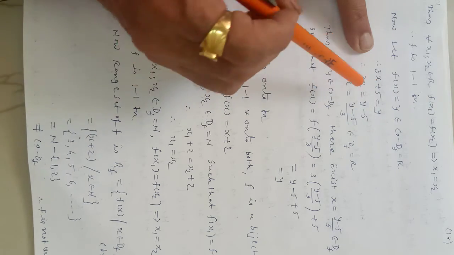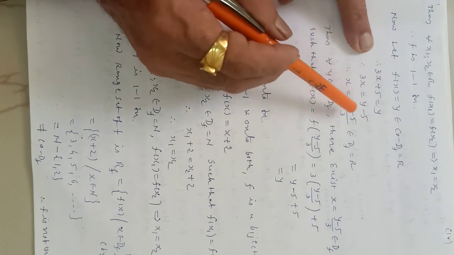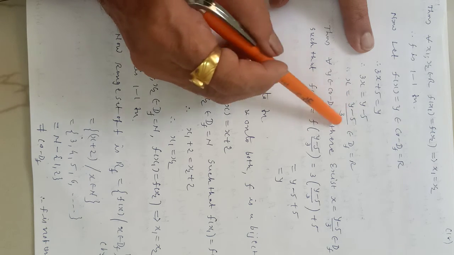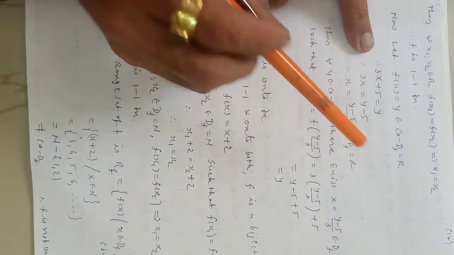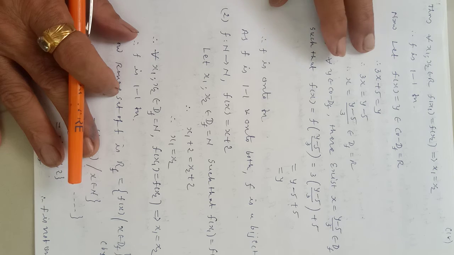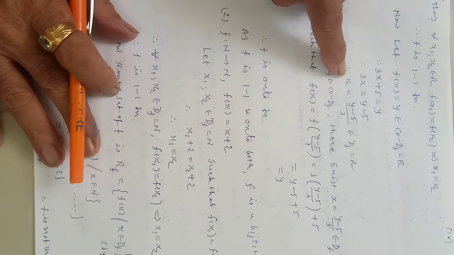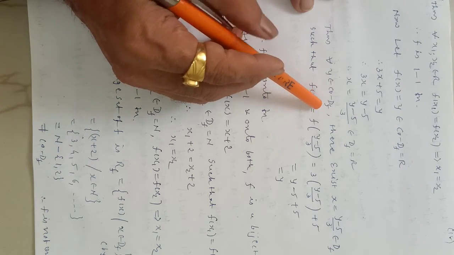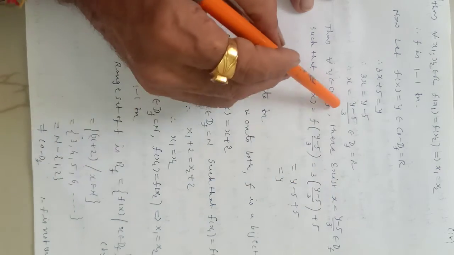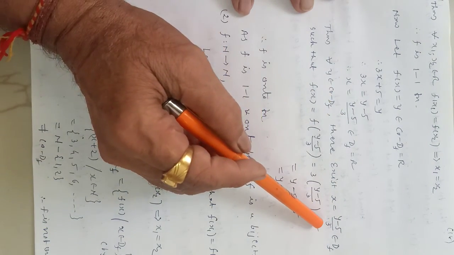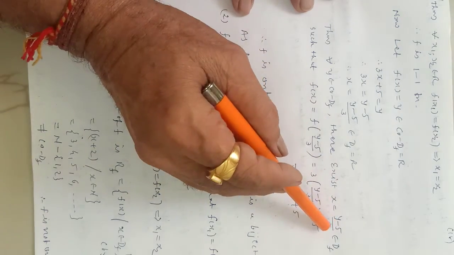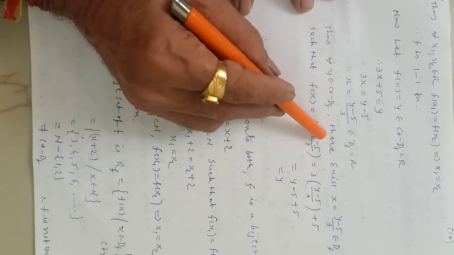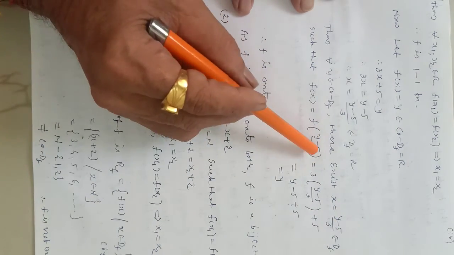Now calculate the corresponding x. How? 3x = y - 5, therefore x = (y - 5)/3. Clear? And because y is in R, (y - 5)/3 is also in R, so definitely it must be in the domain of f. Now the only thing is to check whether f(x) = y or not. Is this the right x or not? Thus for every y belonging to the codomain of f, there exists some x, and that x value is (y - 5)/3. Now f(x) should be y, so let's calculate f of (y - 5)/3.